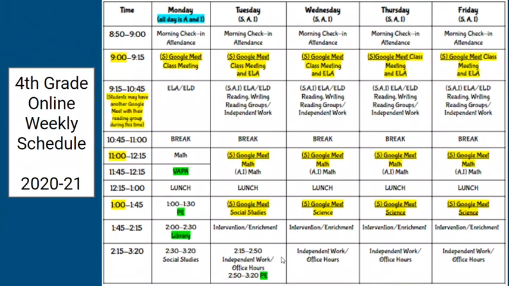Each teacher will have their office hours set up as a Google Meet, so the students will be able to either make an appointment or just hop onto that Google Meet in order to ask questions and get help. If you look at all the green areas, those are special programs that the students will go to mostly on Monday with separate teachers. We will be posting separate links for VAPA, PE, and library on Monday, and then the students will have PE at the very end of the day on Tuesday.